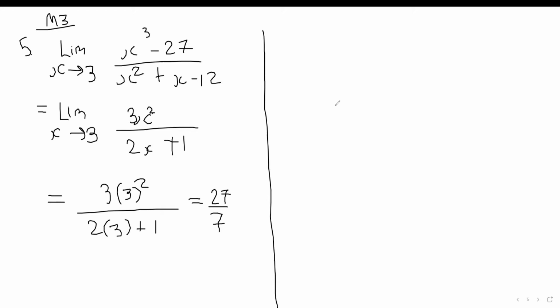Now, of course, I promised you 2 ways. I'm going to do it the way that most of us probably know it as, which is by factorization. So we can say the limit as x approaches 3 of x cubed minus 27 over x squared plus x minus 12. Doing it this way, this would end up being equal to